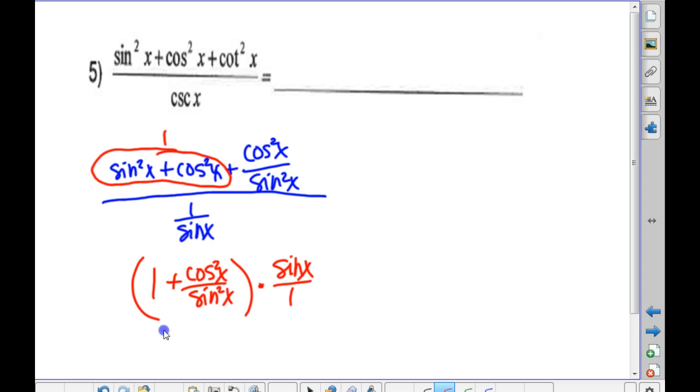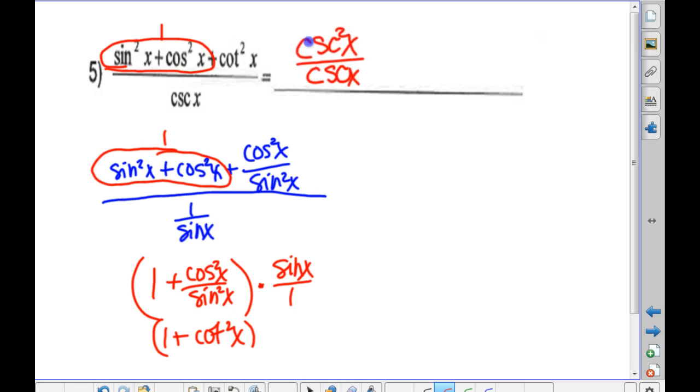What is this? 1 plus cosine squared, or 1, what is this? That's a cotangent, right? A cosine squared over a sine squared? Yeah, we did this the long hard way. Right here, this was 1, and 1 plus a cotangent squared is a cosecant squared. And a cosecant squared over a cosecant is,